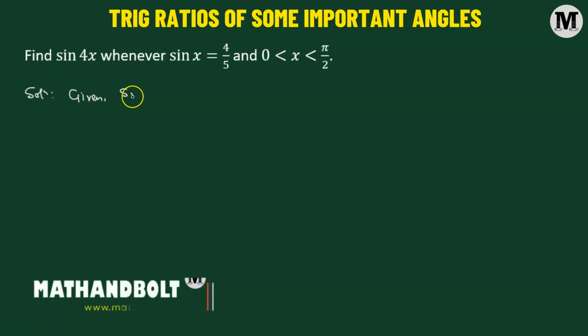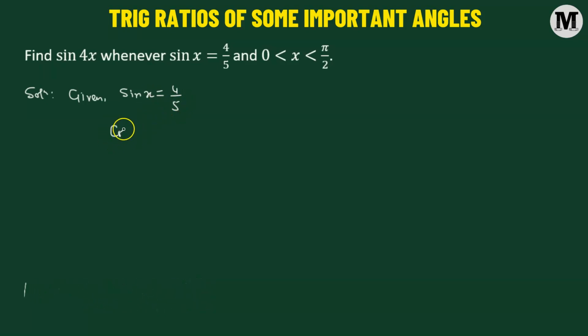So here sine x equals 4 over 5. So let's do one thing. Using this value, we'll try to find out the value of cosine of angle x, which will be simply equal to plus or minus the square root of 1 minus sine squared x. However, we'll be considering only the positive value because x lies in the first quadrant, and in the first quadrant cosine of x is positive. So positive square root of 1 minus